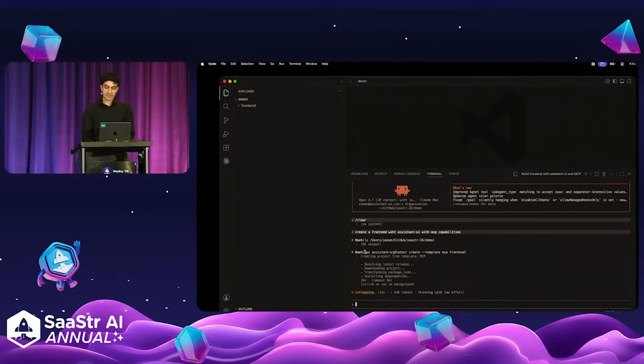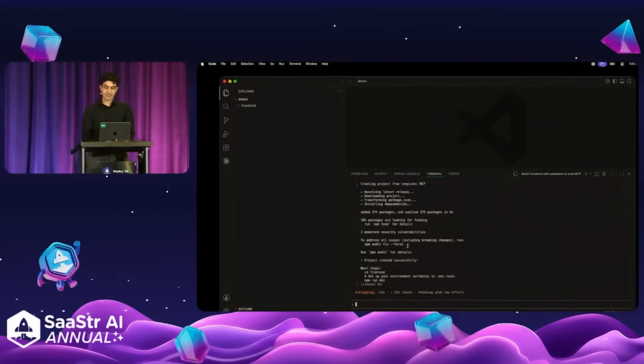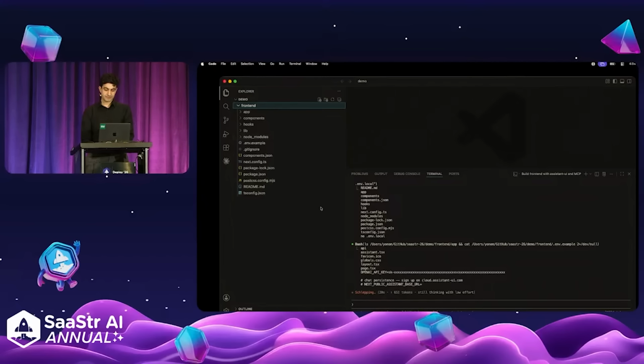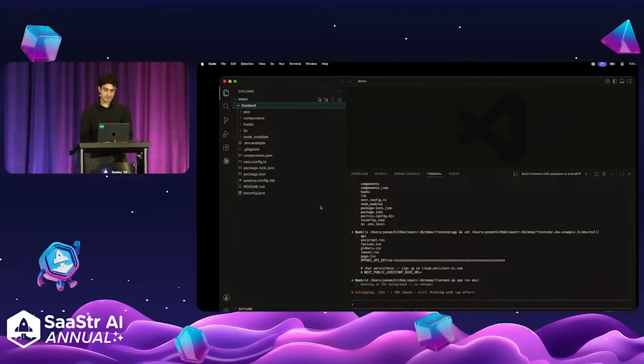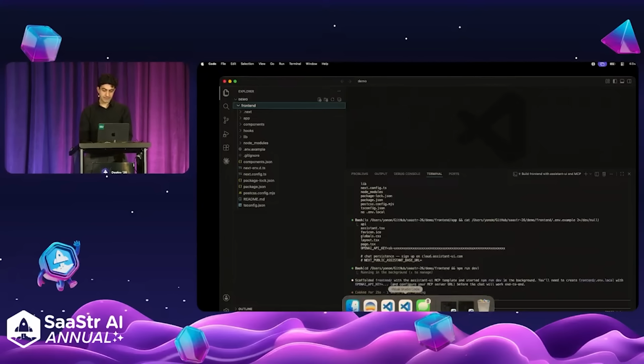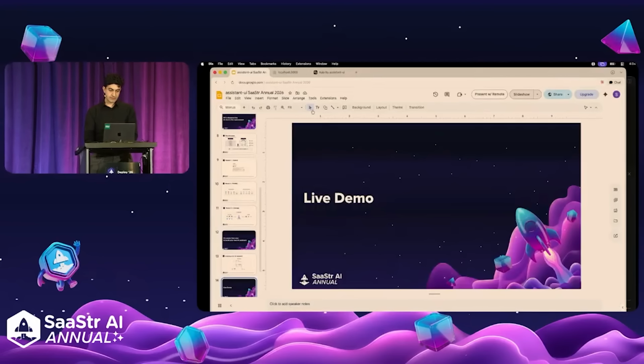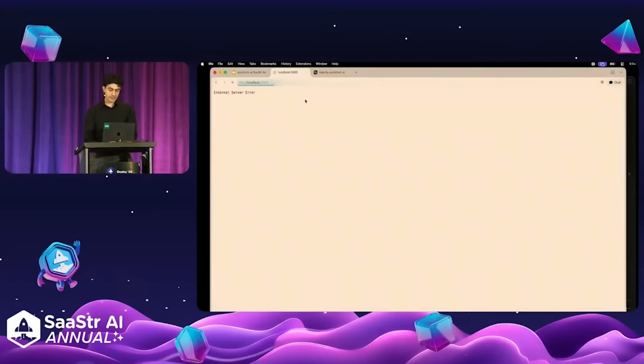But basically, we have a CLI command that lets you create new projects. It just bootstrapped the front end for me. It's now starting a dev server. So if I go here,